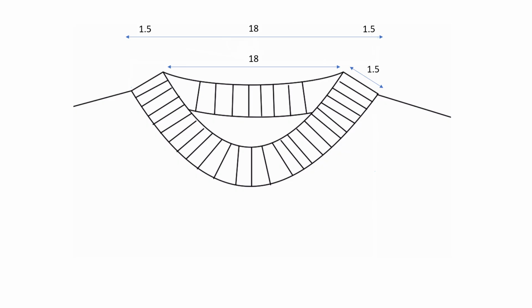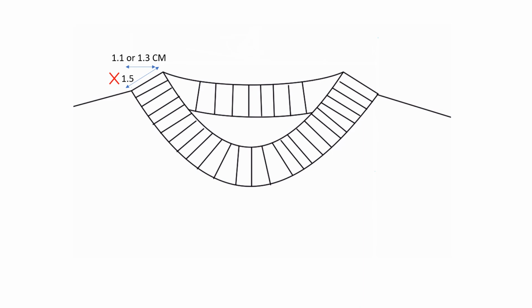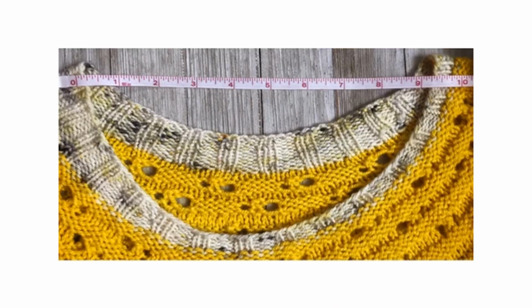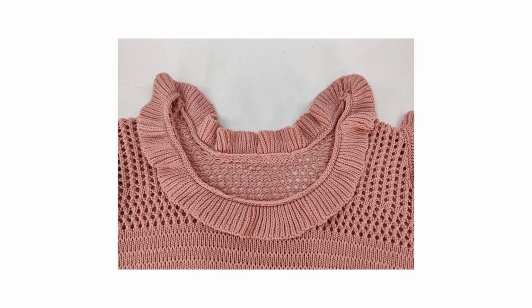And so, the seam to seam measurement shall be 21 centimeters. Because of the edge so formed at the point where measurement must be taken, the neck tape will never measure 1.5 centimeters. It can be anywhere between 1.1 to 1.3 centimeters. Also, when a garment is finished and packed and is kept for a while in the finished goods store, a few neck tapes that are not rigid enough may measure differently, causing problems both for the manufacturer as well as